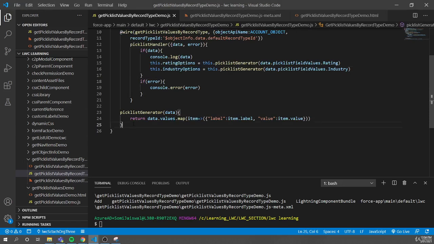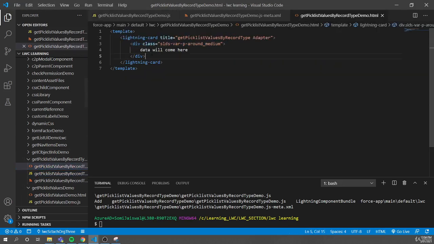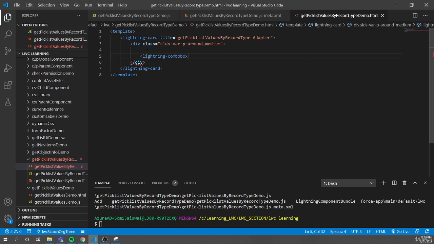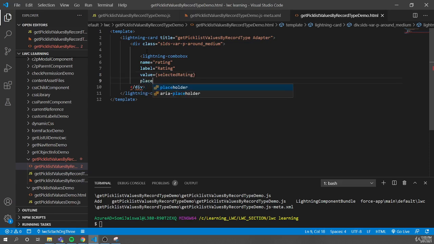And we can add the handle change here, but before that we have to add the combo box. And what we're gonna do is we're gonna create the combo box here. We'll say lightning combo box that has name, say rating, then we have label, and give the label as rating, then we have a value, we can set the value selected rating, and then you have placeholder, select rating,